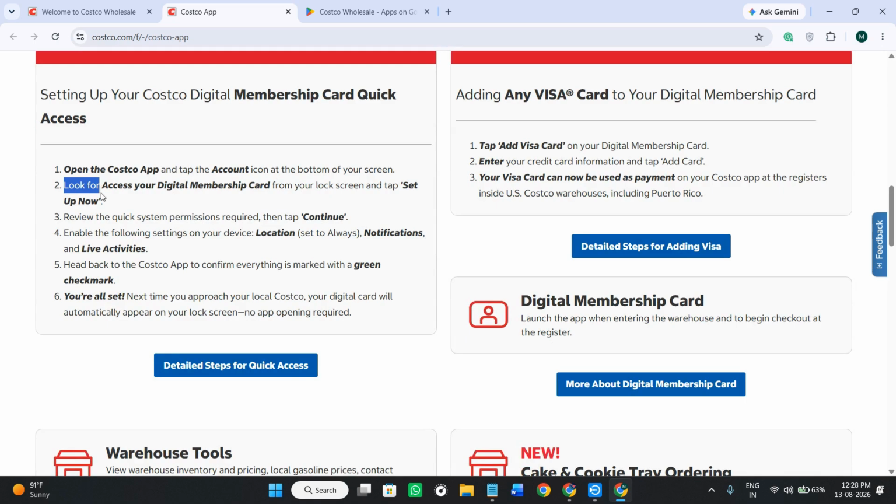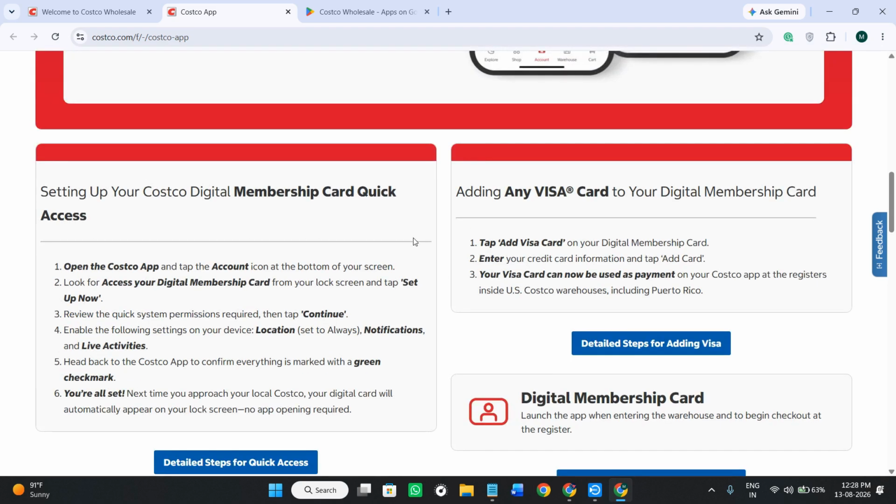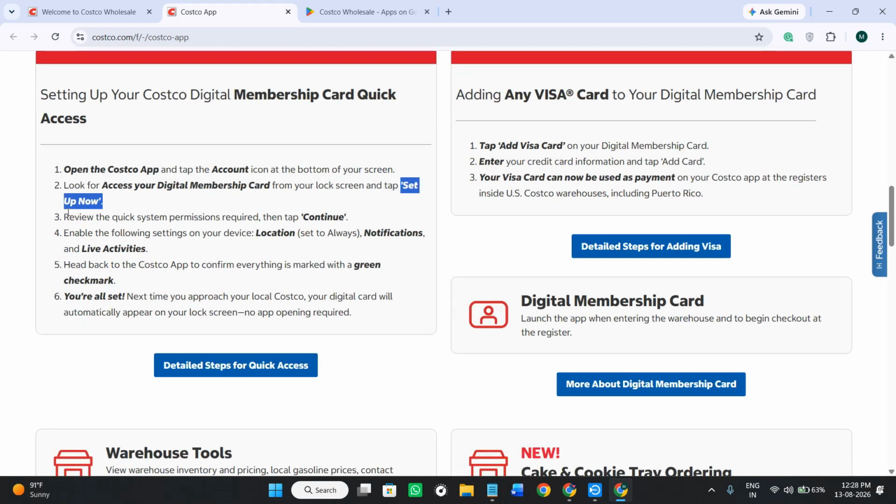Now over here, you need to look for the option that says access your digital membership card from your lock screen. So when you are able to see that, you need to simply tap on the option of setup now. Now on the next page, you need to review the quick system permissions required and then tap on the option of continue. You need to also enable some of the settings, like you need to enable location, the notification settings